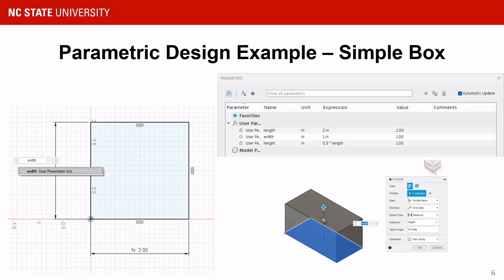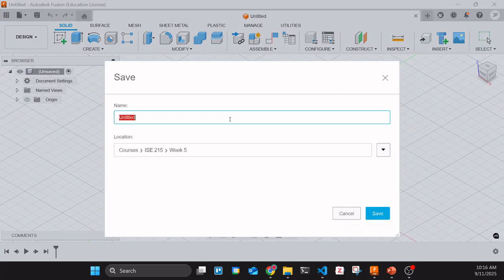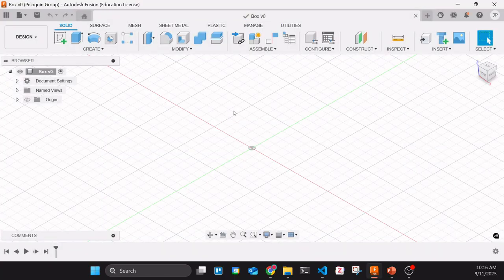So here's our parametric design example for a simple box. I'm going to go into Fusion now, and we're going to create this box with these parameters and the function-driven relationships we have here. So here I am in Fusion. I'm first going to save this file. I'll call it box. And a lot of times in Fusion, you have to save the file before you have